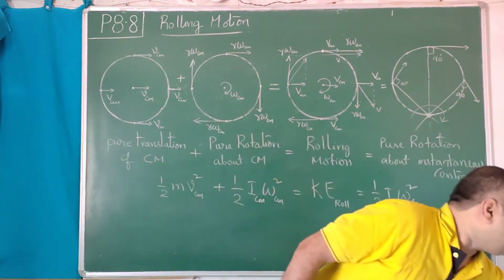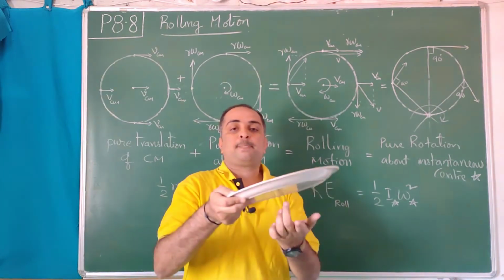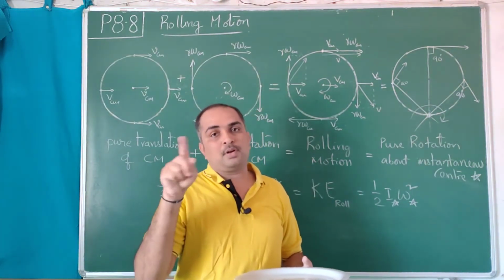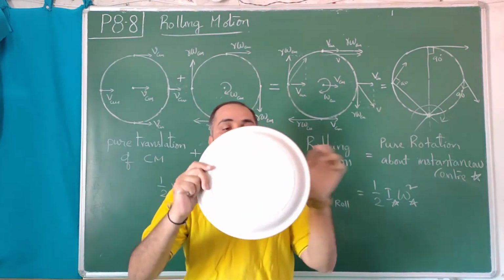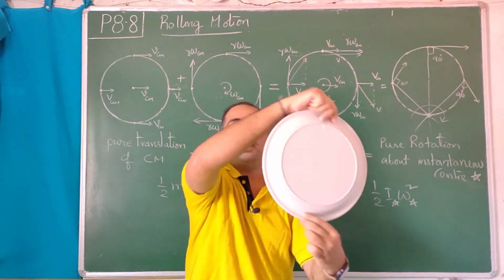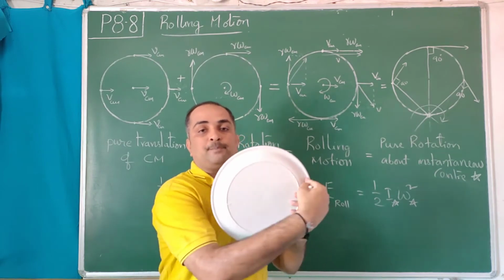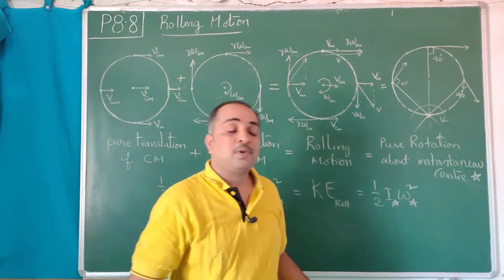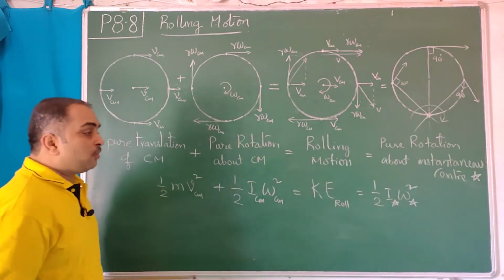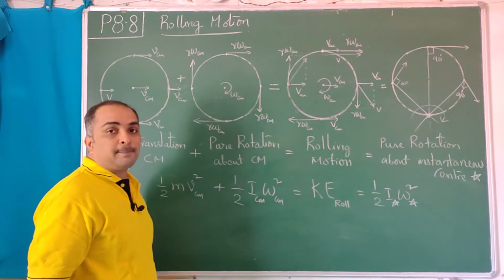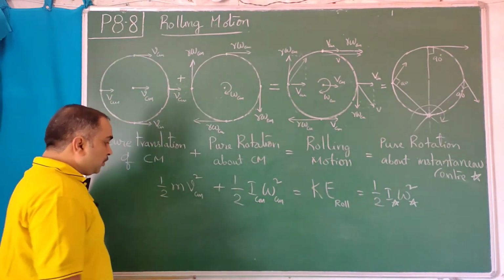Moment of inertia of a disc like this about this axis is mr square by 2. You know, we did moment of inertia in the previous topic. Now, instead of this axis, I take an axis here and rotate about it. Then half mr square, by the parallel axis theorem, you have to shift it to the next point. Half mr square plus mr square, 3 by 2 mr square will come. So the moment of inertia changes. Angular velocity remains the same in case of pure rolling. Just follow this principle, you will get it.